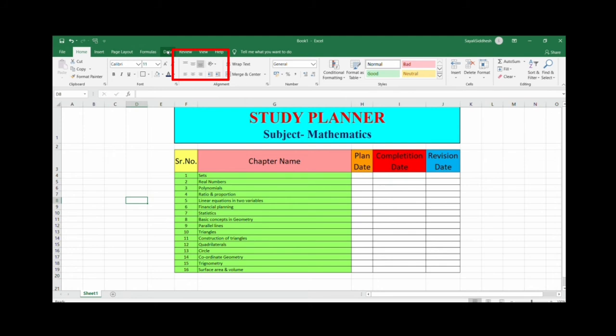These tools are used to change the alignment of your content, that is towards right, left, or center. And this one is used to merge the cells, which are the rows and columns of the Excel sheet, as we did before to create a heading.